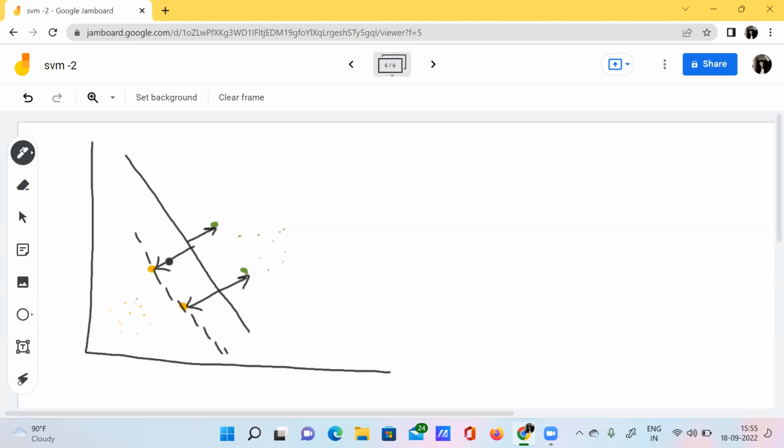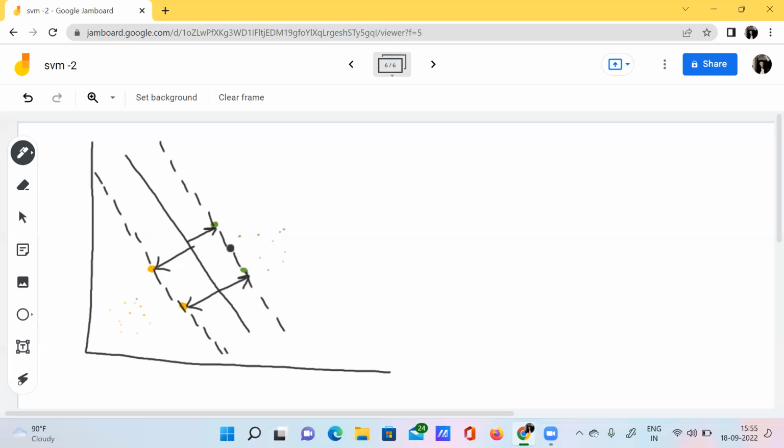You can imagine here, just ignore my drawing skills, just focus on what I'm saying. If I project a vertical line which is passing through these two data points here, this would be my margin. And if I project a vertical line which is passing through these two green data points, then that would be my other margin.